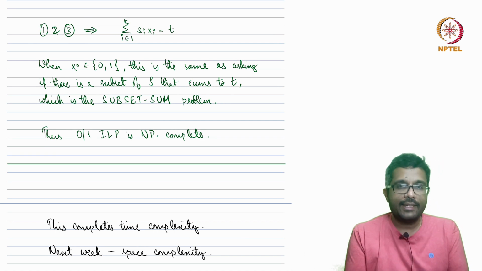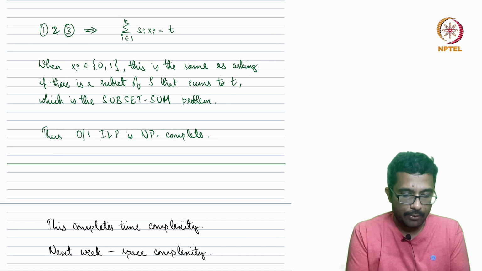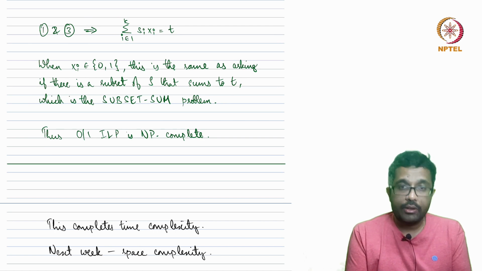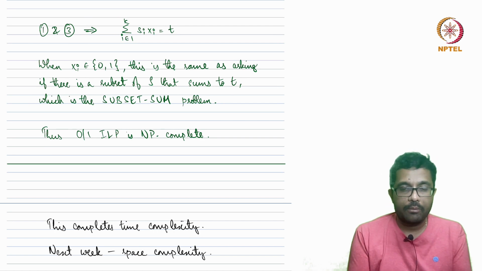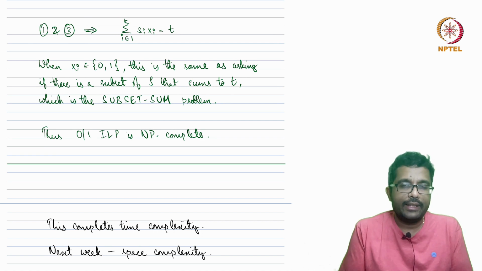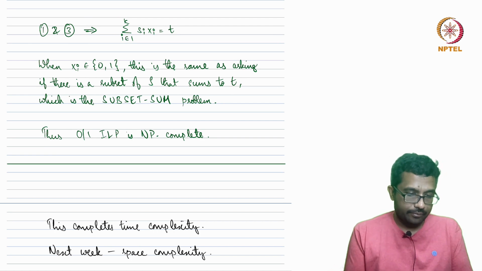So what all did we see in week 11? We just saw many NP complete problems. We saw that clique is NP complete. We saw vertex cover is NP complete. We saw Hamiltonian path is NP complete, which are problems based on graphs. We also mentioned a couple of other problems, but we didn't do detailed proofs of them. We left them as exercises. Then we saw